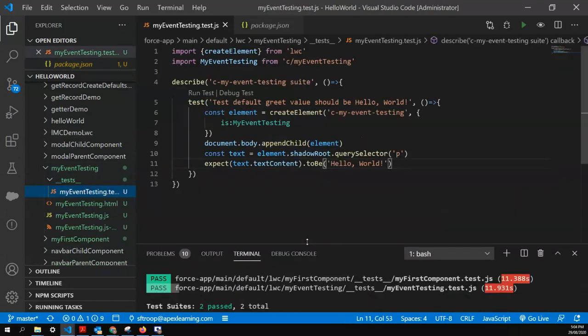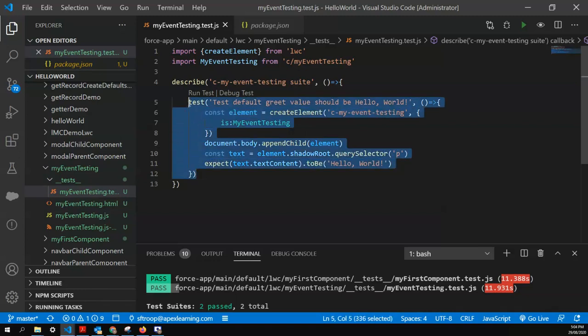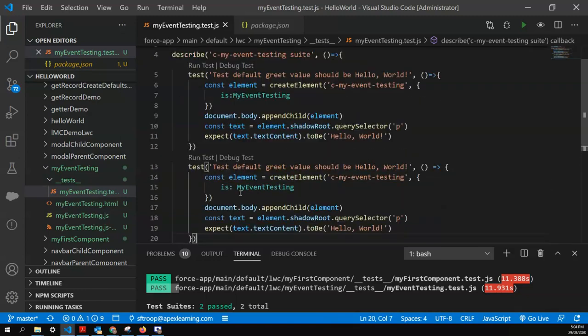So I'll show you another approach, like you can assert negatively as well. Right now we are saying we want the text to be hello world. So I'll copy paste the same test block, paste it again. I'll say test default greet value should not be hello Nikhil.